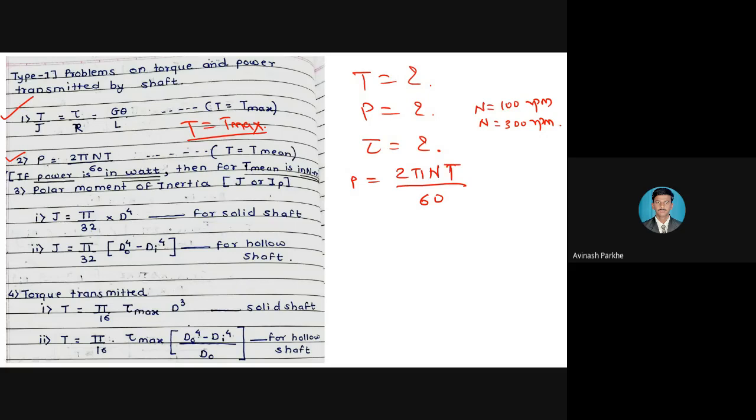Again, the T is present; this capital T represents the torque of that particular shaft, and this T is equal to your T mean. Understand the difference? The capital T in the torsion formula, what do we call it? We call it the maximum torque. And in the power formula also there is a T: 2 pi N T upon 60. That T is called the mean torque. Understand the difference between the maximum torque and the mean torque. Mean torque is calculated for the particular power only.